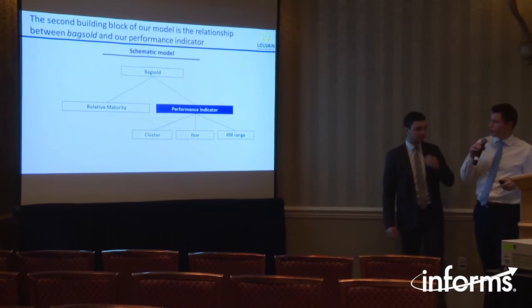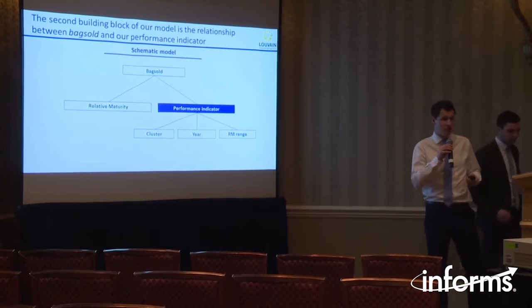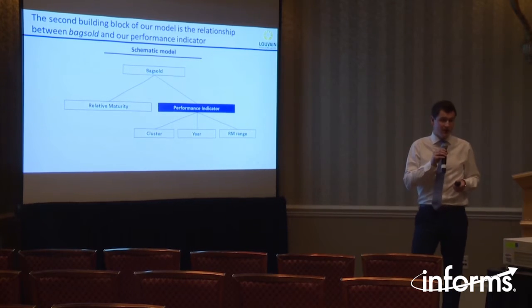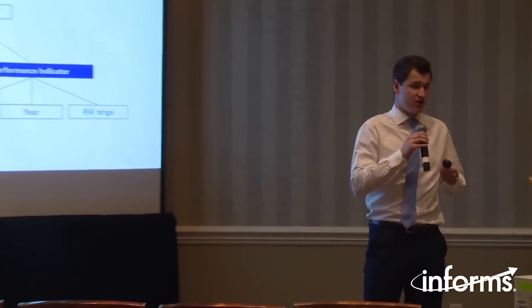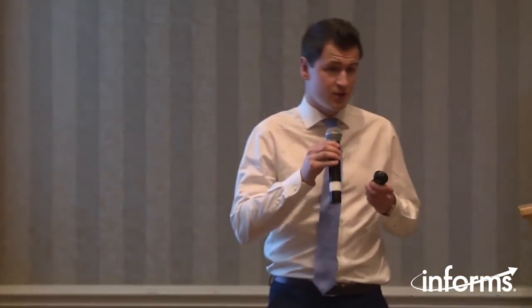So now we can go to the second building block, the performance indicator. As already explained, it measures the relative strength of a variety compared to check varieties, or in other words, the percentage by which a variety underperforms or outperforms a check variety. And furthermore, we don't just compare varieties randomly with each other, but we make up for differences in clusters, in year, and in RM ranges. And now Antoine and Thomas will explain everything about it.